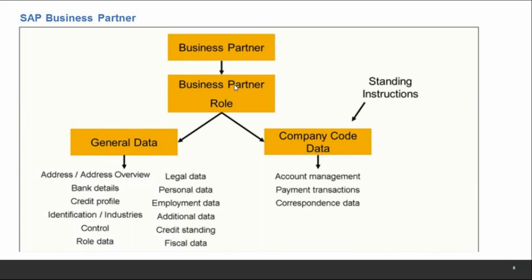Business partner is new for S/4HANA finance, but business partner has always been there with treasury from ECC, even before that. So when treasury was implemented, business partner was used as the master data, and it carries on to be used. We can create different roles, which is the counterparty role, and for securities we can have different kinds of roles for SAP Business Partner, and we maintain the company code data. This will be covered in the first session in detail with the system, how we maintain the account and how we do it.